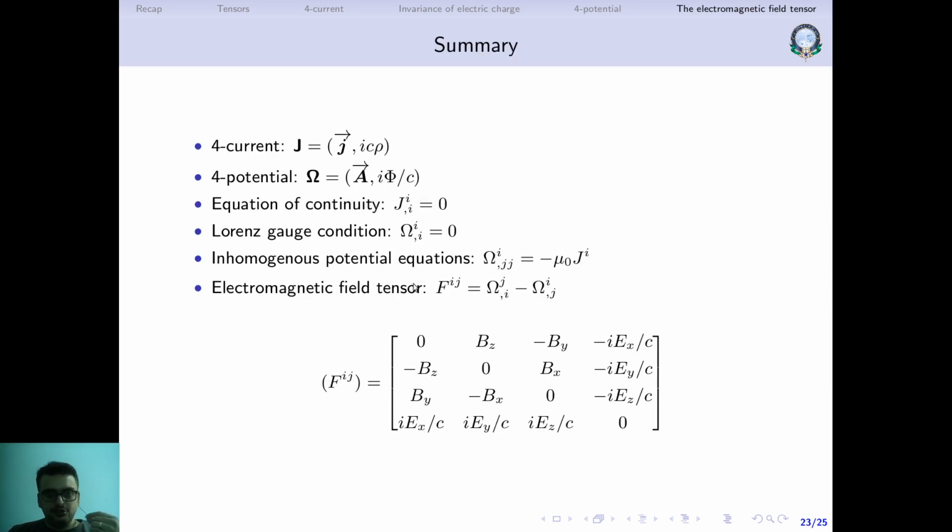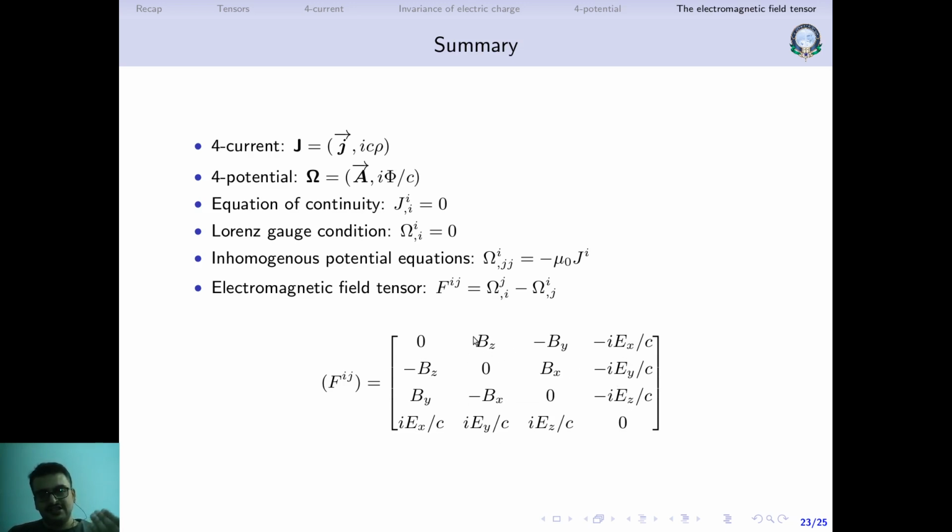Okay, so I suggest that you go through the way Griffiths has derived this. My derivation is different from Griffiths. Here I have used the potentials and the equations that we had already obtained, and using that I derived the electromagnetic field tensor, whereas Griffiths used the Lorentz transformation, which transforms from one frame to another frame, and obtains the field tensor, by deducing that this field tensor should have certain properties. So these two derivations are slightly different from each other.